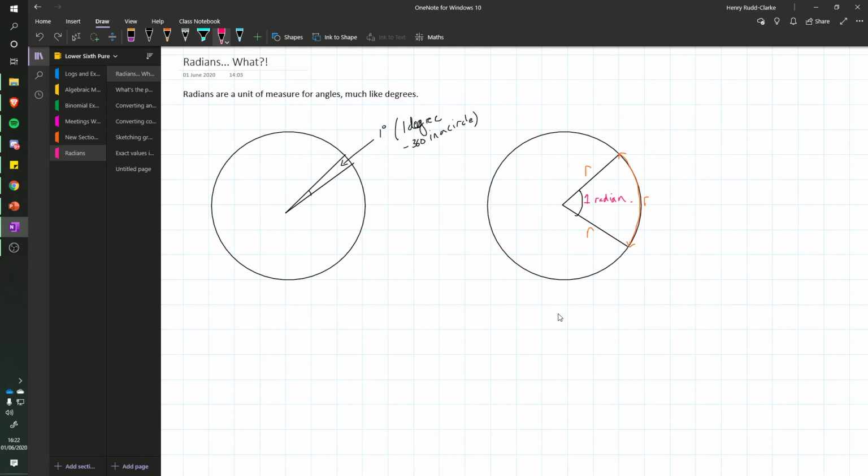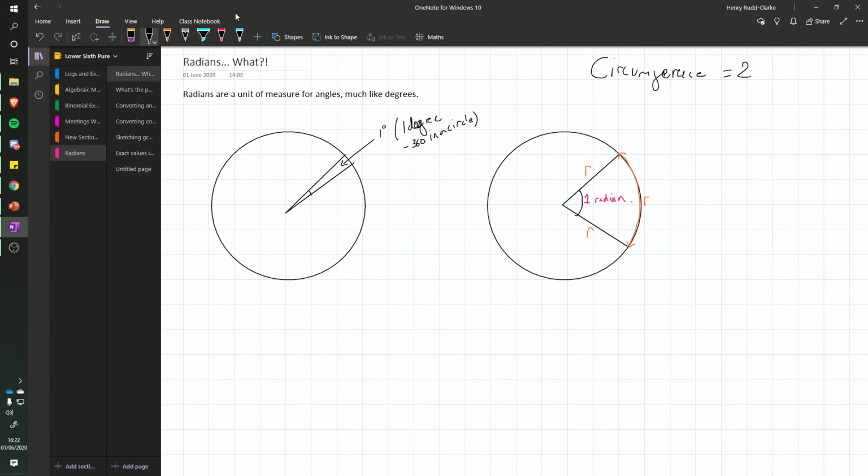And the answer is very nice, because we can answer the question by also thinking, how many of these r-long arc lengths can I fit into the circumference? You might have spotted what's going on here, because essentially I'm saying, how many times can I fit the radius on the circumference? And we know the formula for the circumference of a circle